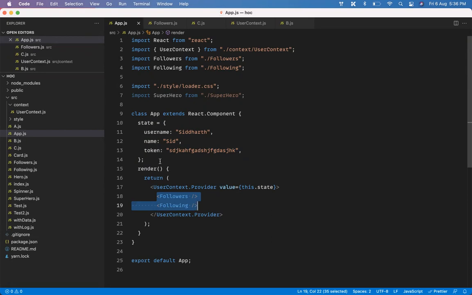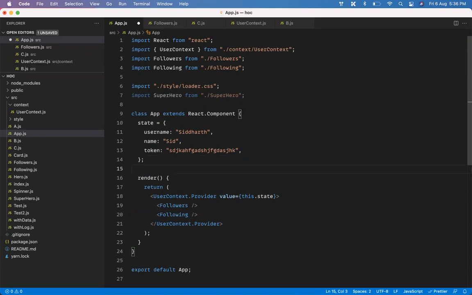So if I create a new component, named anything, outside that user context dot provider component, then I can't use this data inside it, right? No, you cannot use it. It has to be a child of the app component. That is what it needs to be. It has to be the children.